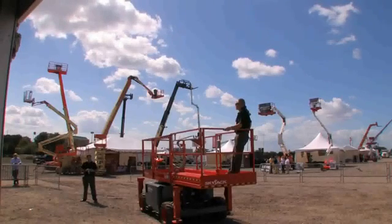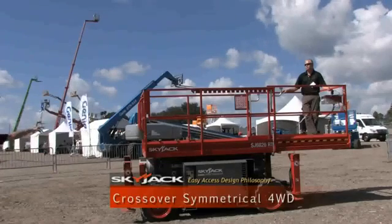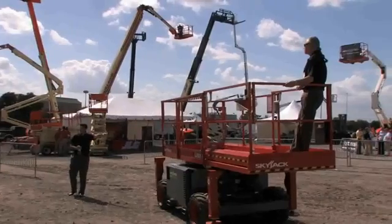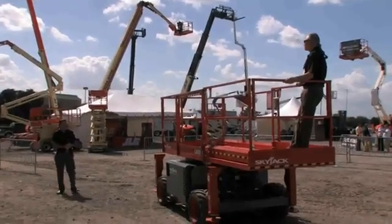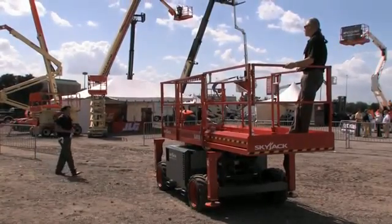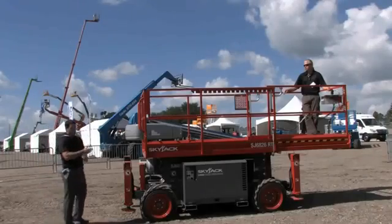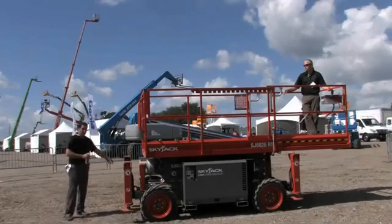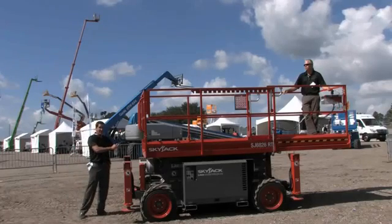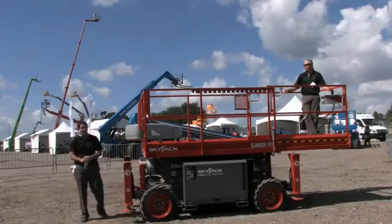So one thing that we do is we do a cross-symmetrical 4-wheel drive system. So we're hooking up our front to the opposite rear, and the rear to the opposite front tire on that flow divider system. And we're actually using a gear flow divider as opposed to just a normal flow divider. So that gear flow divider, when one wheel motor starts to lose grip, your other wheel motor back here is going to get robbed a little bit of power. You're actually going to send through that gear flow divider all power to the remaining 2 wheels that